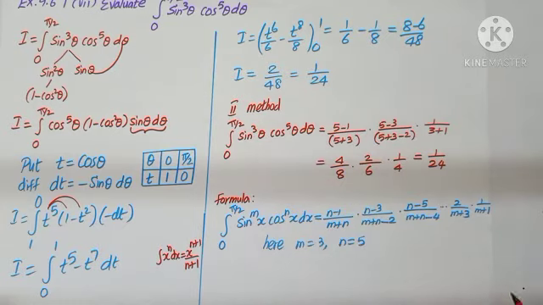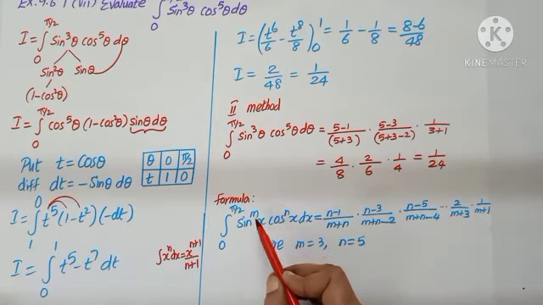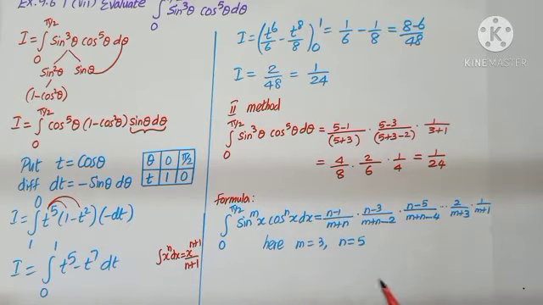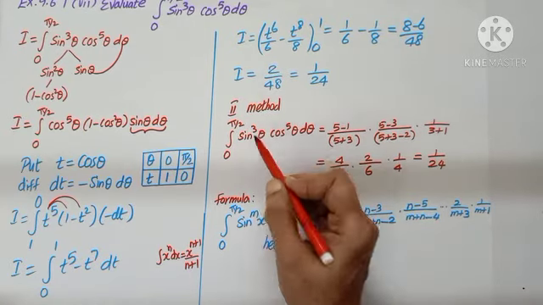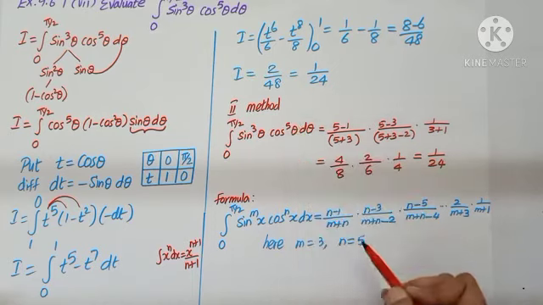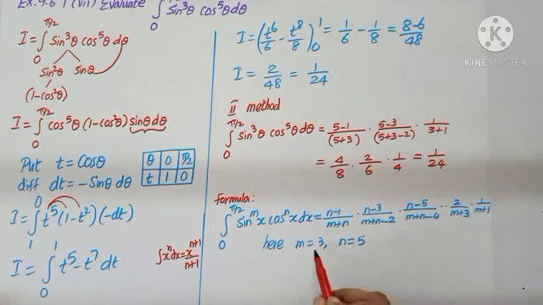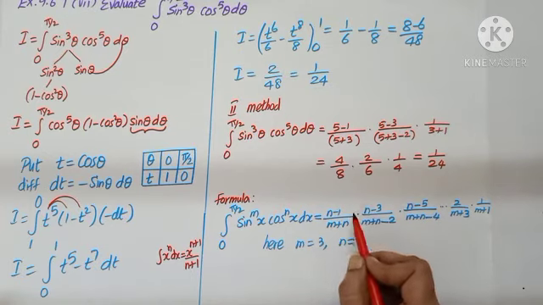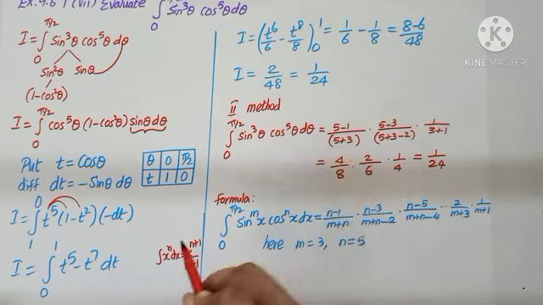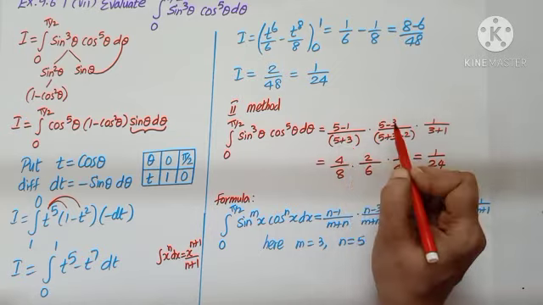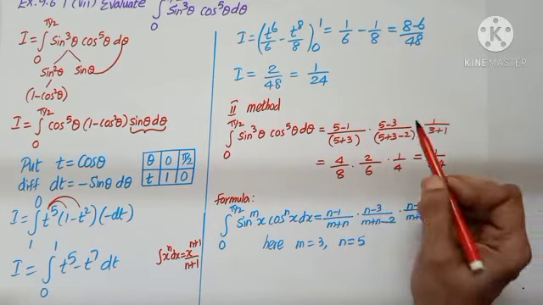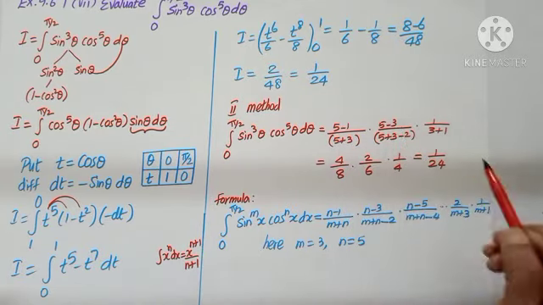Second method. Let us recall the reduction formula. Sin power mx cos power nx dx. Denominator m plus n keep reducing to 2. When m is 3 and n is 5, both are odd. We start from n minus 1. Here n is 5. So 5 minus 1, 5 minus 3. The moment I get this, I start from